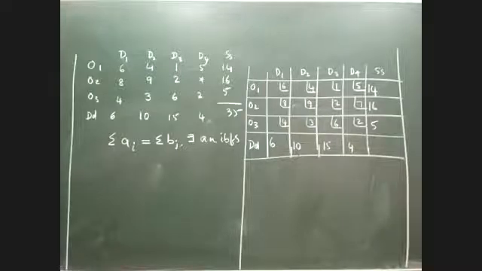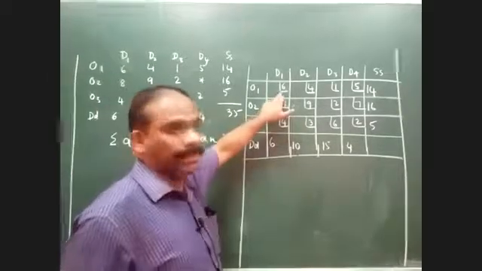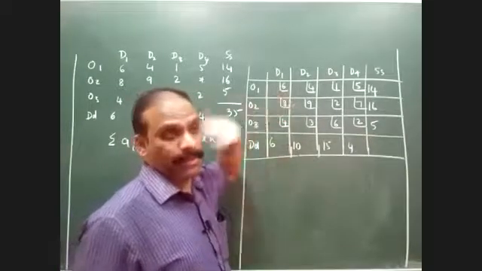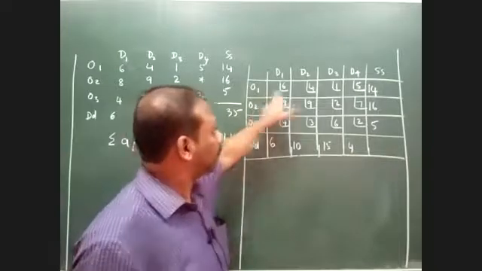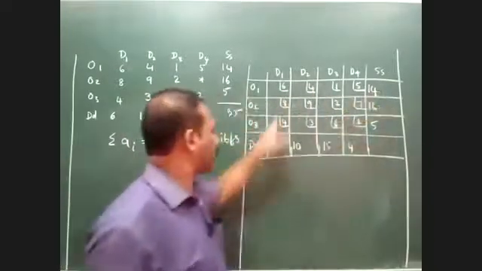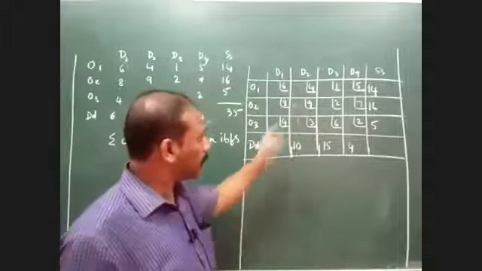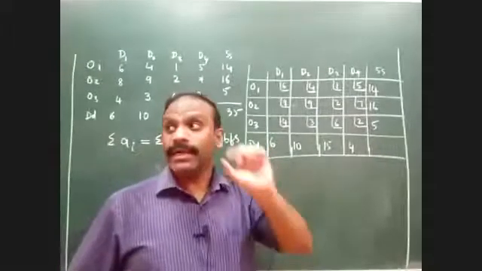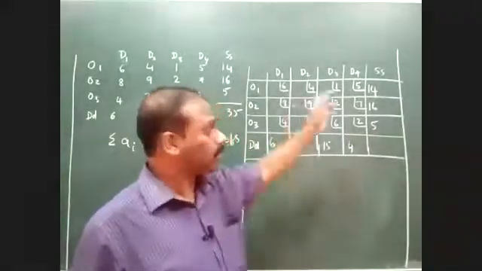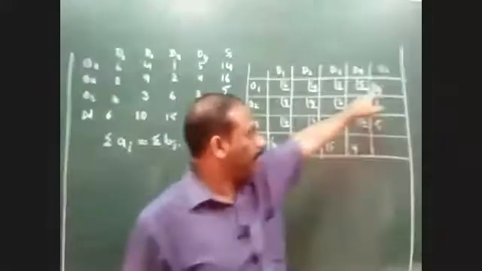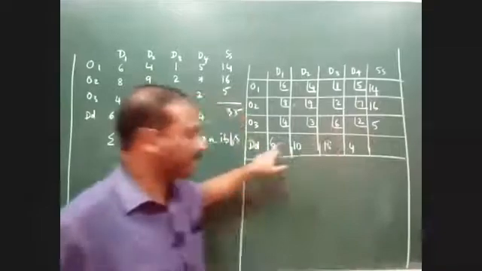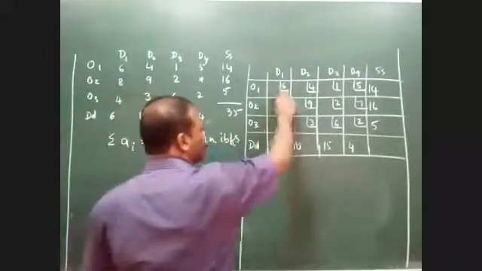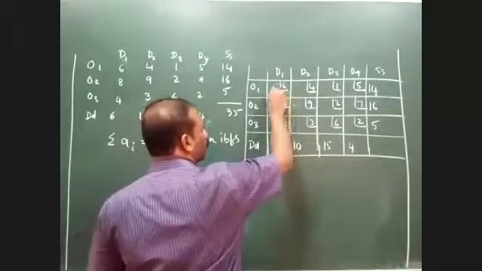So here in this particular problem, the northwest element happens to be 6. So from this cell, the allocation should be started. Now how do you do the allocation? Compare the corresponding supply and the corresponding demand. After comparing, you are supposed to identify the smallest value amongst both. Out of 6 and 14, the smallest value is 6. So whichever is the smaller value, that has to be allocated. So for the element 6, the allocation also becomes 6.